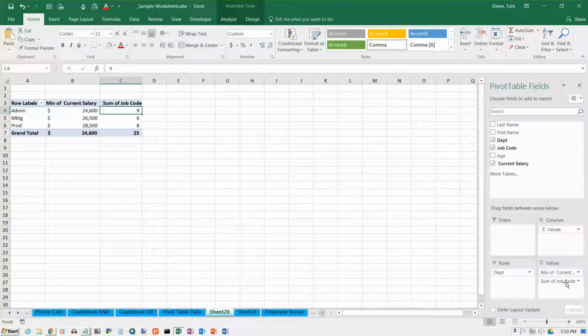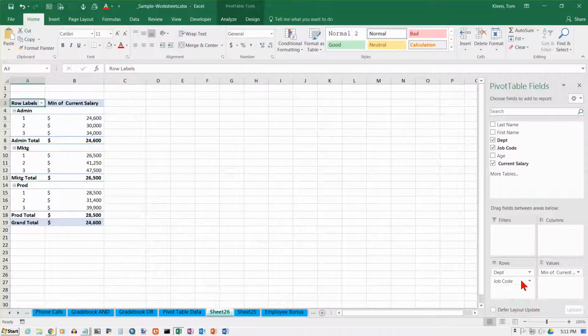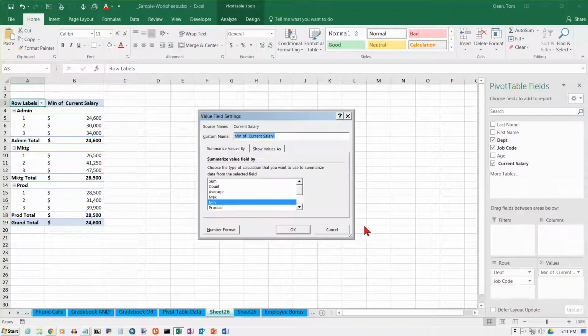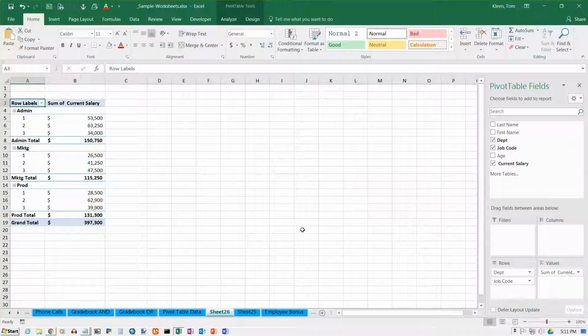It puts it in this box by default because it is a number, but you don't have to leave it there. You can take it and you can grab it over here and you can put it in the rows box, and it gives me the minimum. Let's go back here and let's do the sum again. And so now it tells me the sum of the salary for each one of these job codes within each